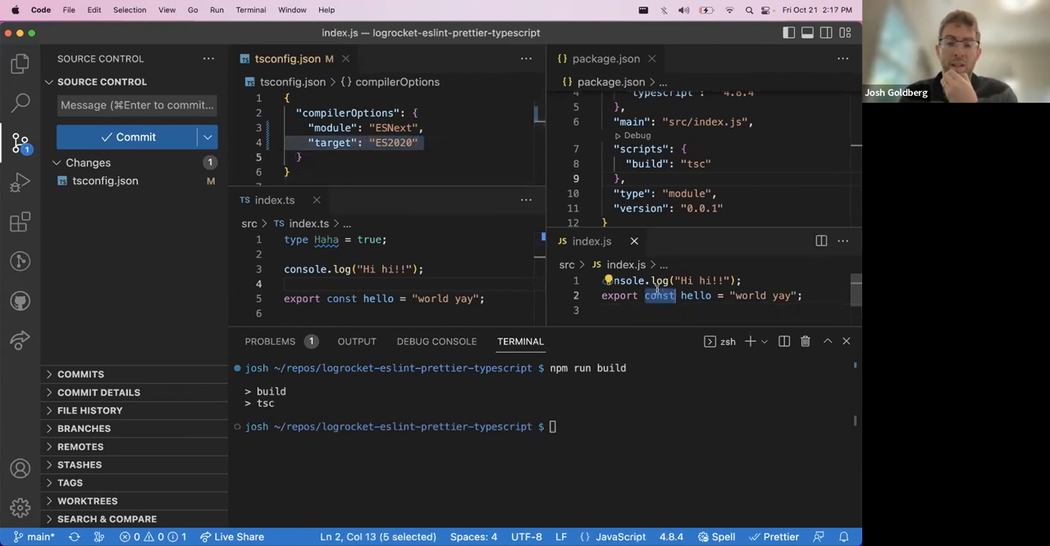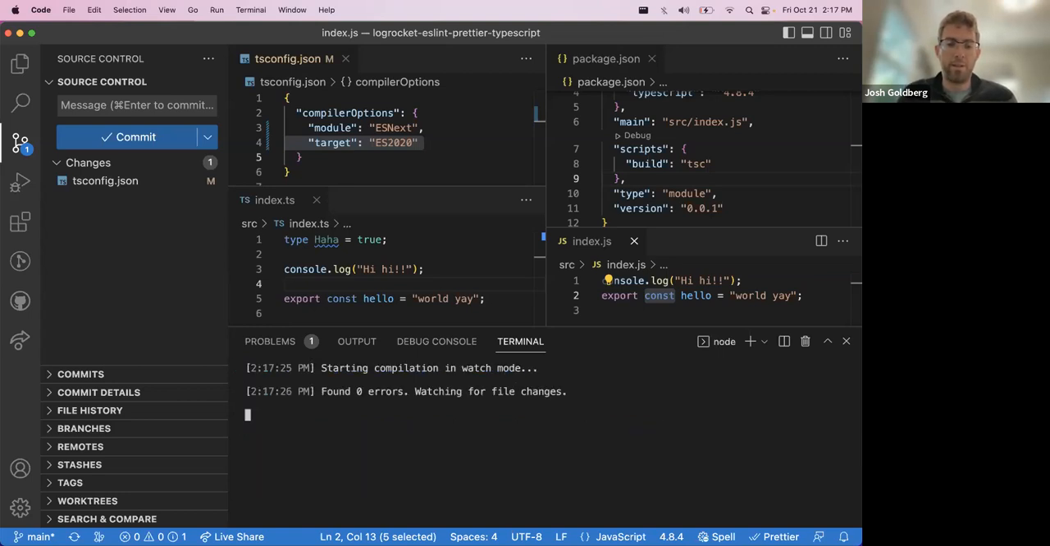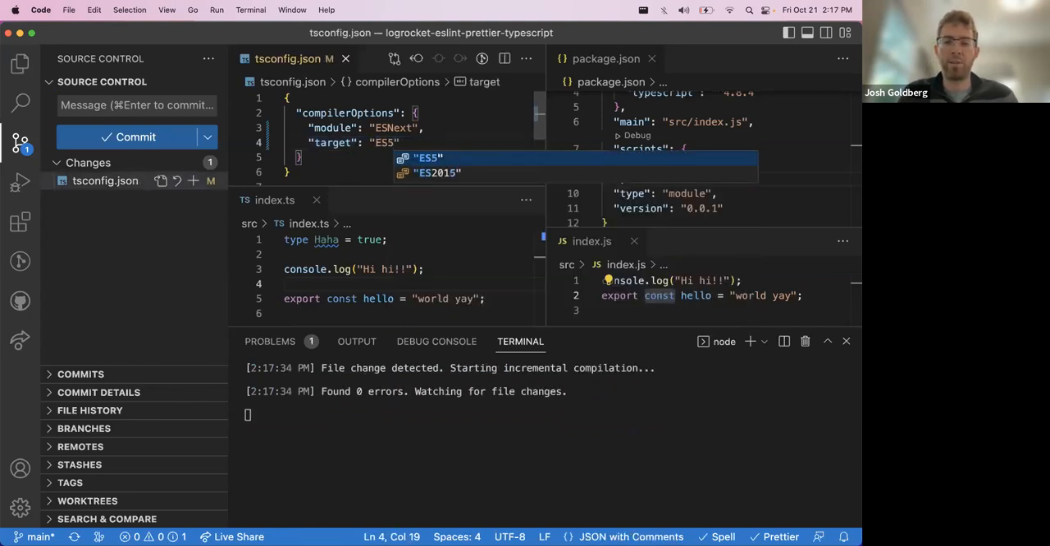our output is const. And I'm getting a little annoyed here because I keep having to run build. So I'm going to add a --watch flag in my terminal, which will run build in watch mode. npm run build space -- space --watch, or just -w. Starting compilation in watch mode, found 0 errors, watching for file changes. Now you can see in glorious real time as I switch my target round and round, we get different JavaScript